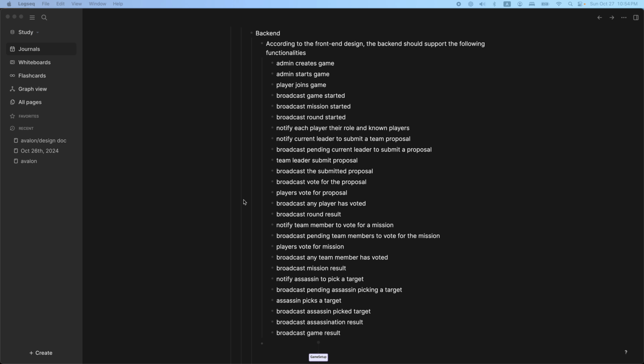And if it fails, then in turn, the next person becomes the leader, and we go back to notifying all the players of the current leader and notifying the team leader to submit a proposal. But if the proposal is agreed upon, is passed, basically voted for by a majority of the players,